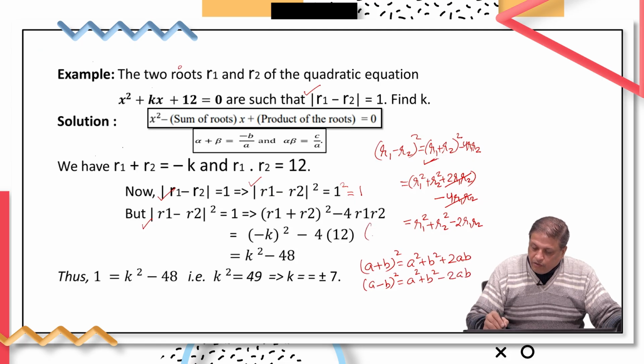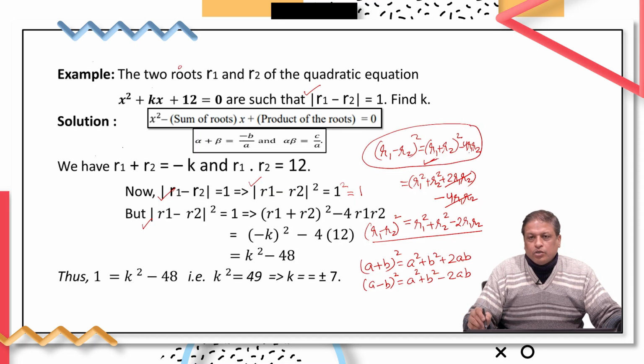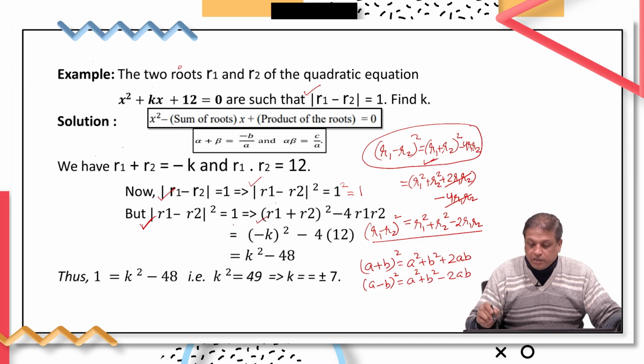So that means (R1 minus R2) square, this is the identity, and can always be written in the form (R1 minus R2) square is equal to R1 square plus R2 square minus 4R1R2. So we got this expression, that is (R1 minus R2) square, which is nothing but square of 1 only. So this is equal to 1, and which can be expressed as (R1 plus R2) whole square